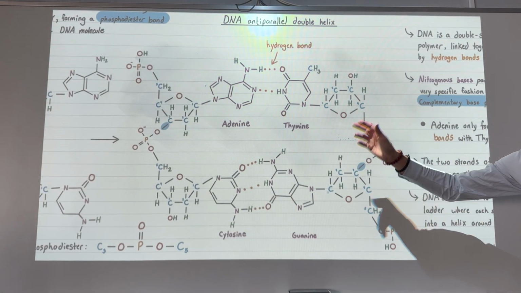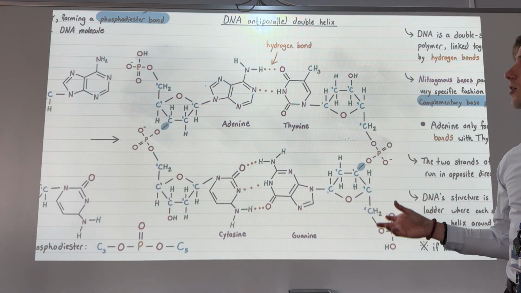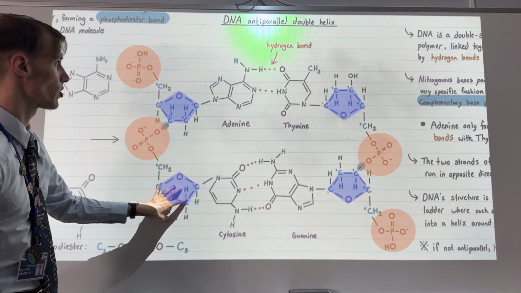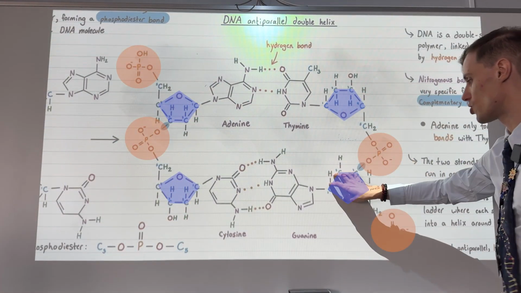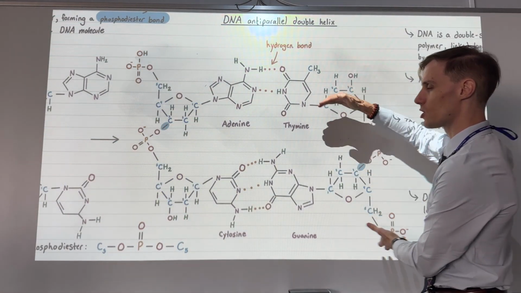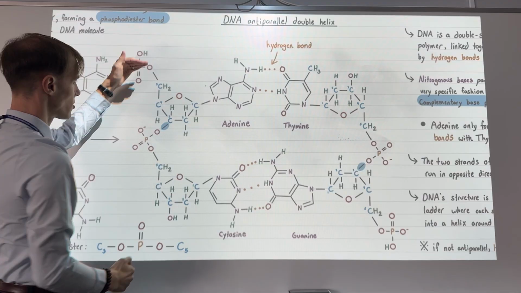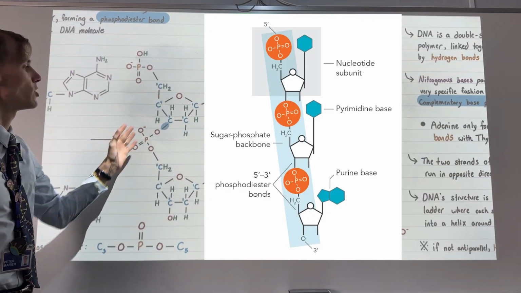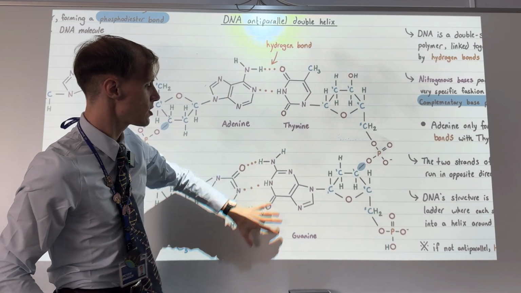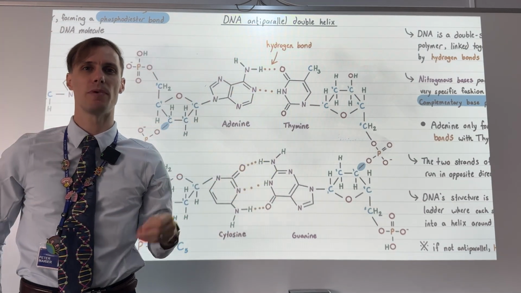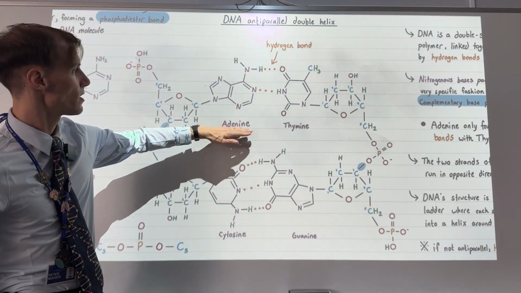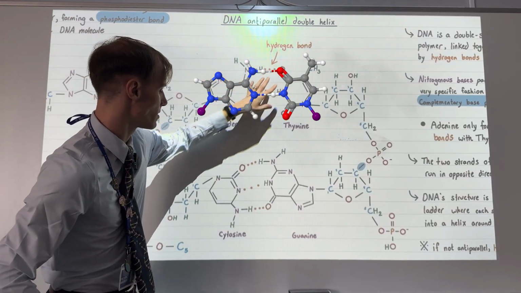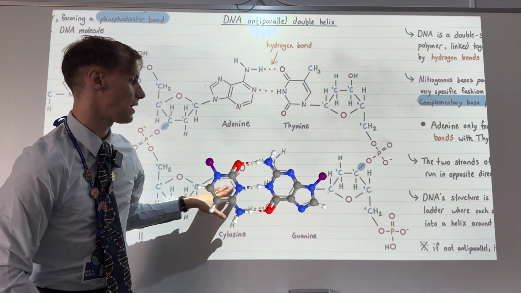So if we were to look at the structure now in more detail, you notice how we have phosphate, sugar, phosphate, sugar, sugar, phosphate, sugar, phosphate. These parts right here are very stable because they're all composed of covalent bonds, and this is what's called the phosphate-sugar backbone. This center part here is where complementary base pairs will occur. So notice that you have adenine and thymine lining up, forming hydrogen bonds, and cytosine and guanine lining up, forming